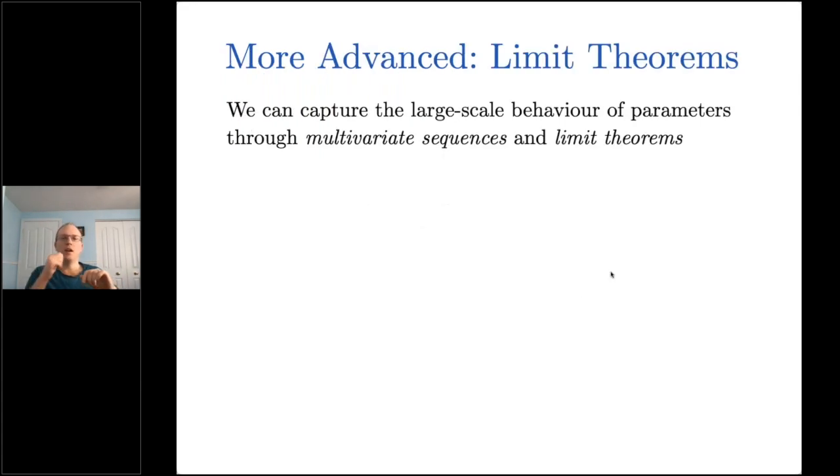Now, the final thing I want to talk about before we go on to talking about how we can prove or find some of these things is something a little bit more advanced, which are limit theorems. So in order to capture the large-scale behavior of parameters of an object, so not just the number of objects of a given size, or not just track one thing like the number of comparisons, maybe you want to track multiple things, then we can use multivariate sequences, and we often can derive what are known as limit theorems. So I don't want to get too much into this, it's more advanced. Most of my research these days is working with multivariate sequences and finding their asymptotics and limit theorems and things like that, but